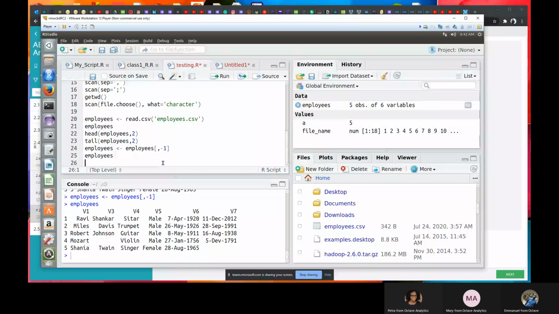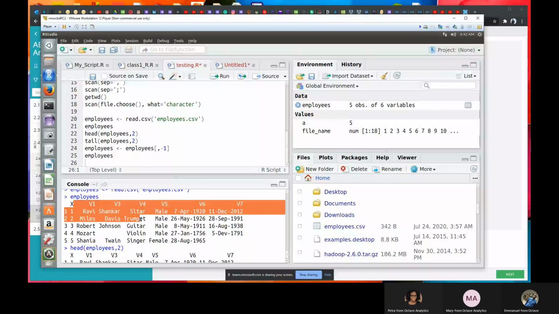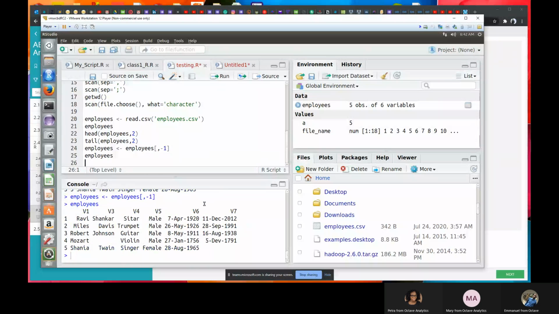Yes. Okay. So if I'm satisfied with what I have here, then I can just save. Maybe this is just what I want to do with the employees table, and I want to save it back. So originally this is what my employees table looks like, but I've made changes to it. So I want to save these changes and export it to my working directory. So I can just say write.csv. So CSV file, write.csv.